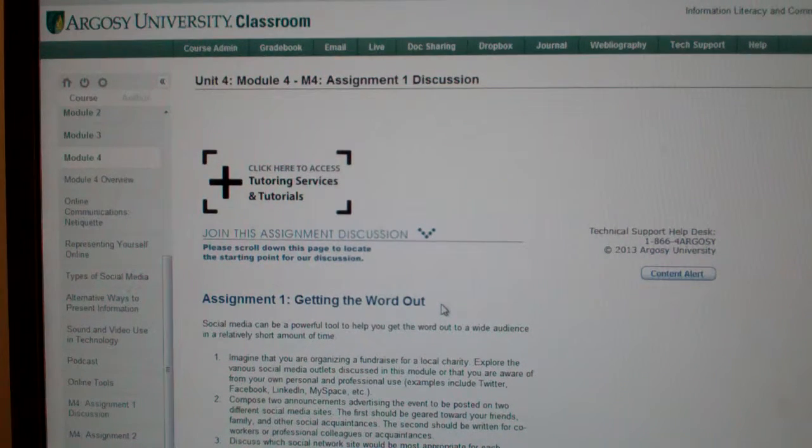Today I wanted to show you how to get into the library and find resources to answer your discussion questions. What I want to talk about is getting into the ebooks, alright? We're on Module 4, Discussion Question 1, and what we're looking at is how we can use social media for fundraising campaigns or charitable campaigns. So for here, our keywords are fundraising, social media,